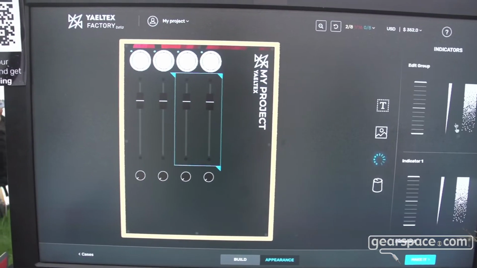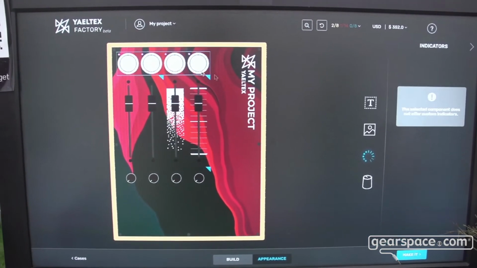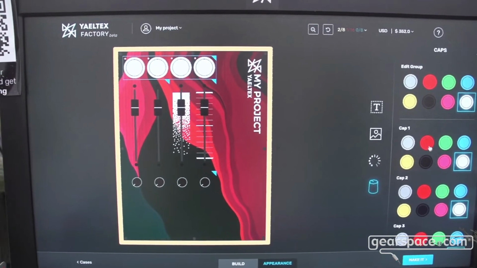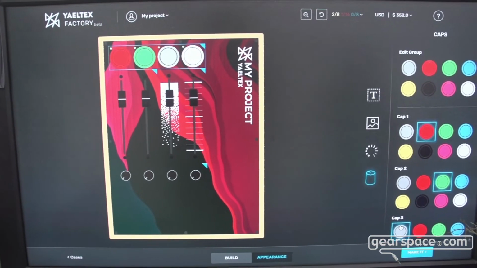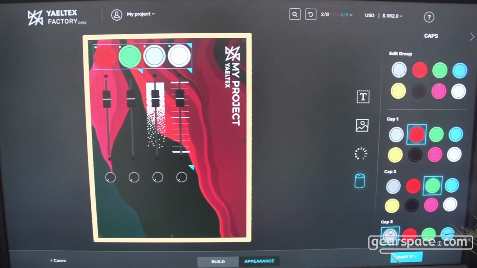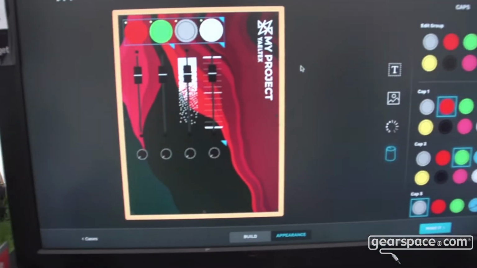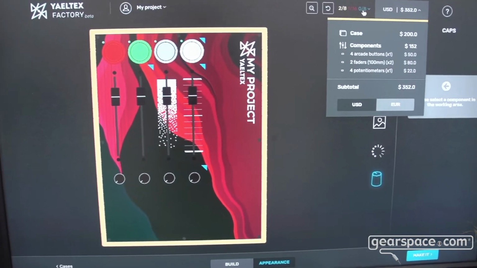and select, for example, different indicators, or change the color of some buttons. For example, I want this one to be red and this one to be another color. So it's a fully customizable design app for MIDI controllers. We not only send MIDI messages, but we can also send keystrokes. So if there is software that you want to control that doesn't support MIDI, you can do it by working with keystrokes. You get a real-time quoting of your project here on the calculator, and a real-time